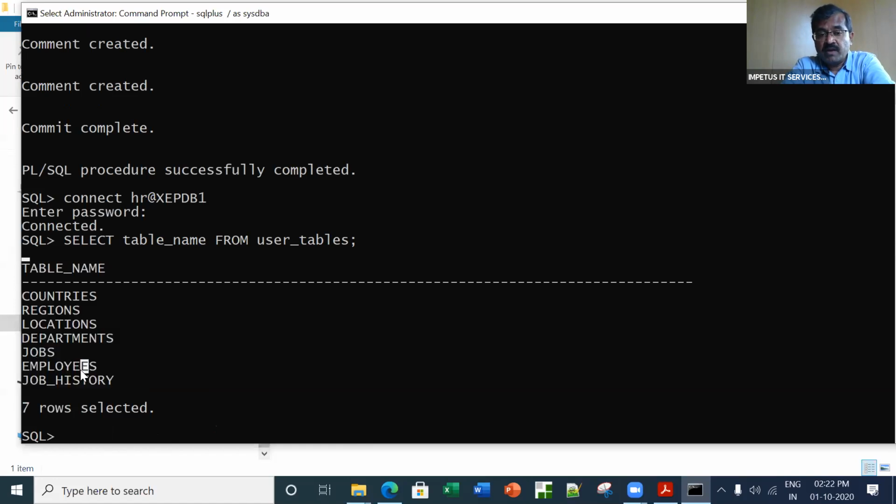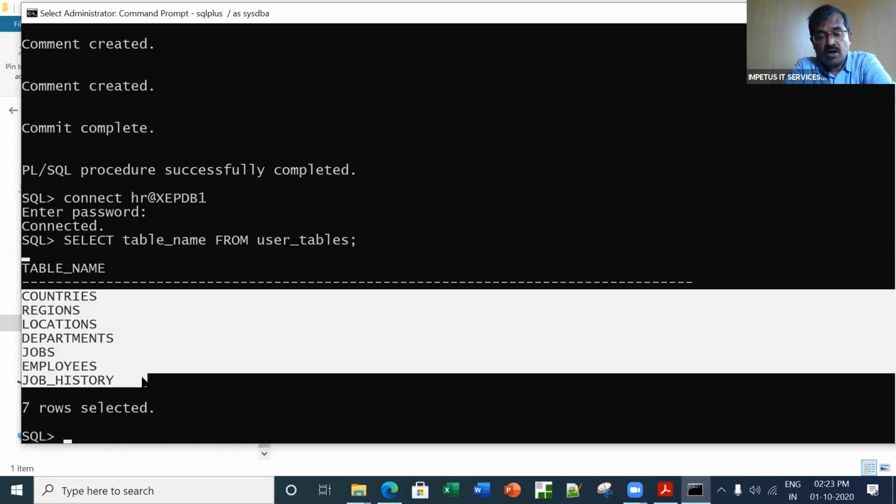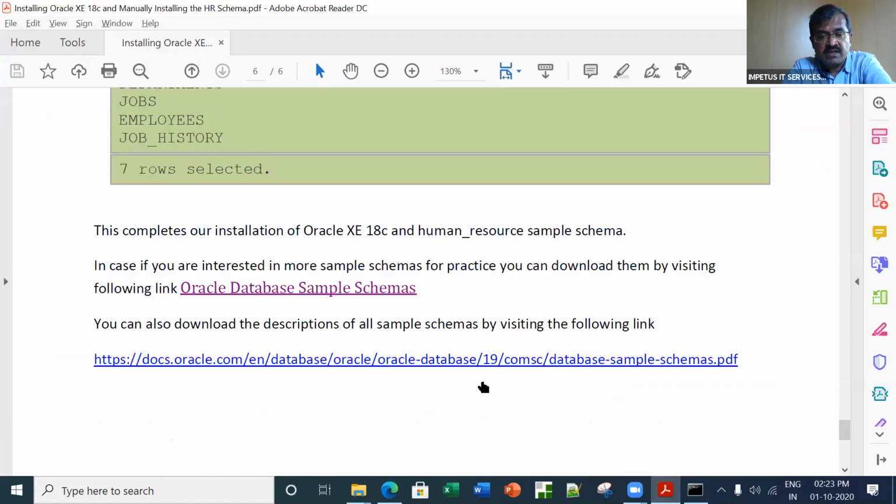practice. Every day we have been using the employees table and departments table, but these are all the other tables that we need. You can find information about all these tables on our website, wherein I have listed the schema, the ER diagram, how these tables are related, what entities they are representing, everything has been shown. So now we are ready to go. We'll just log out once and come in once again and see whether we can log in.